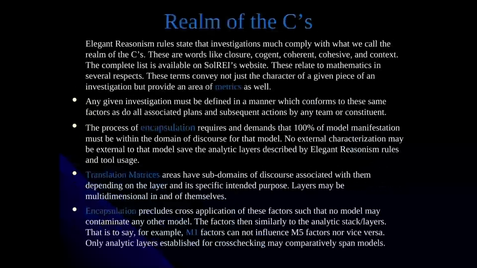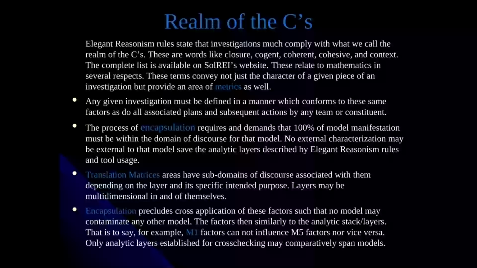Okay, so the realm of C's we've mentioned, and you can read this chart too. But they are a set of words that actually came from business planning in the information technology industry. When we write business plans, we want to make sure that they're cogent and cohesive and coherent and that they're communicative, etc. All those words apply here with great meaning. And when we realize that closure to unification is one of those C's and add that into the mix,